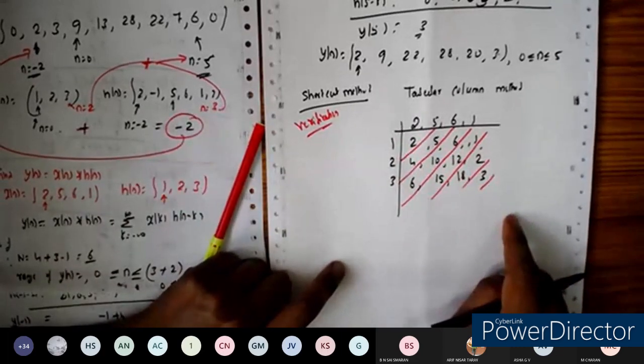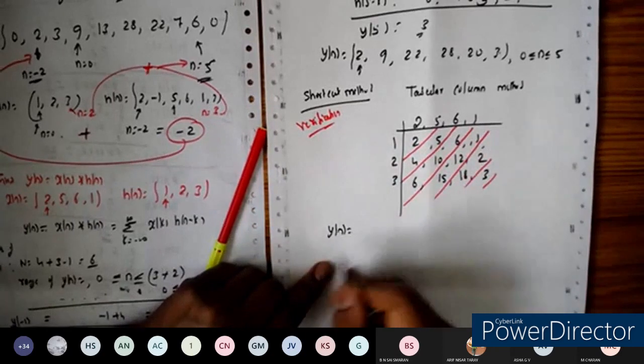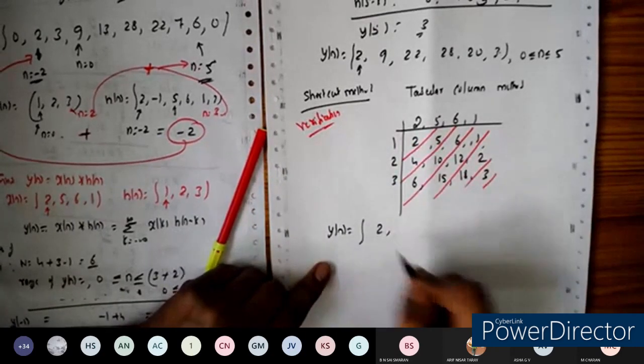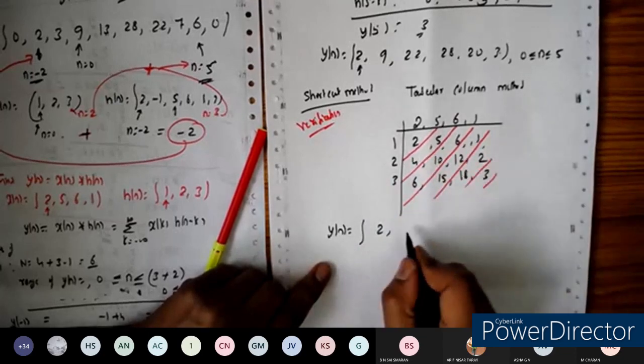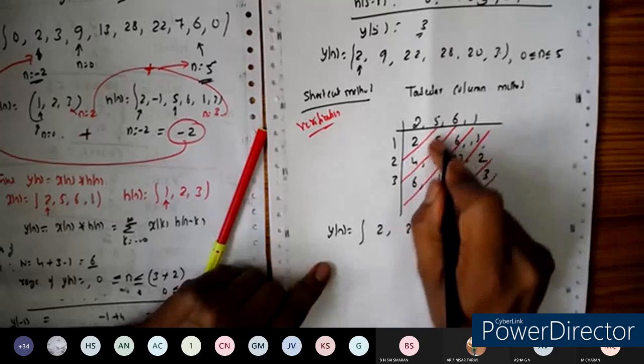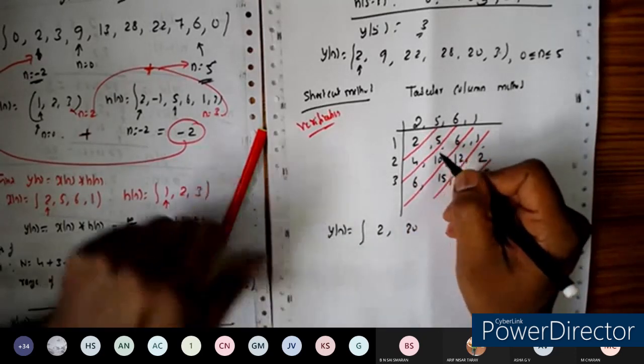We are done. Next, what you need to do is, so first is 2 is there here. So write the sequence which is called y of n. You write the sequence 2. Okay, later let us decide about the origin and everything here. Next 4 5s are, you can write it is 20. Take the product of these 2 elements here. Okay, so 4 5s are 20.